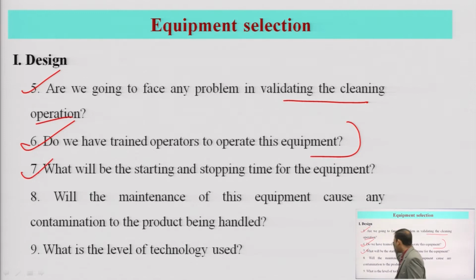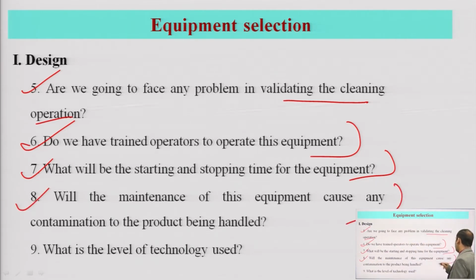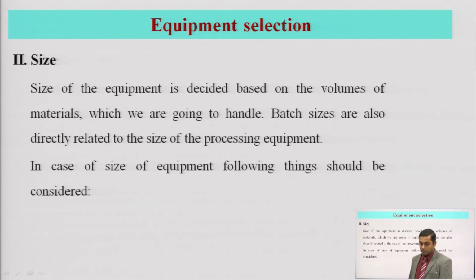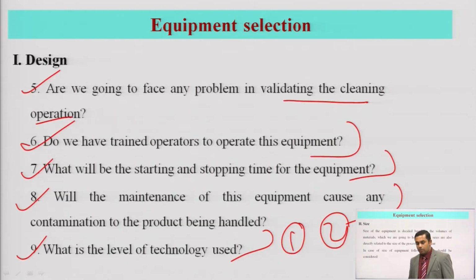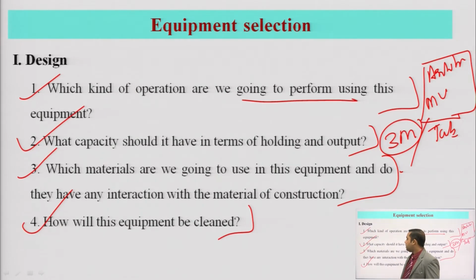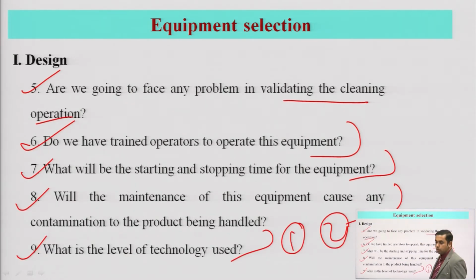Then what will be the starting point and the stop time of the equipment? Will the maintenance of this equipment cause any contamination? What is the level of technology actually used? You might have seen first generation, second generation, third generation equipment; what kind of generation is actually being used? Now, after learning about these nine questions associated with the design, let me